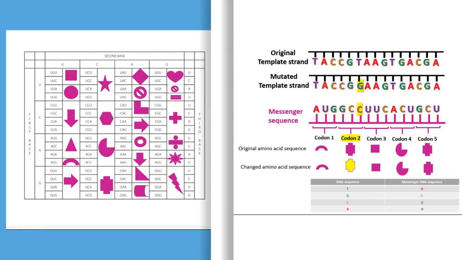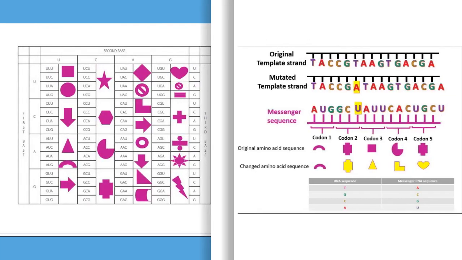This is another example of a substitution mutation. This time, a T in the DNA sequence has been swapped for a G. Again, this causes a change in the codon sequence. However, from the amino acid table, we can see that the new codon still codes for the original shape. Mutations like this, which do not change the amino acid, are called silent mutations, as they will not change the